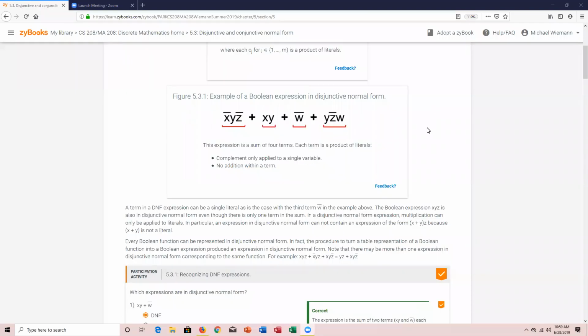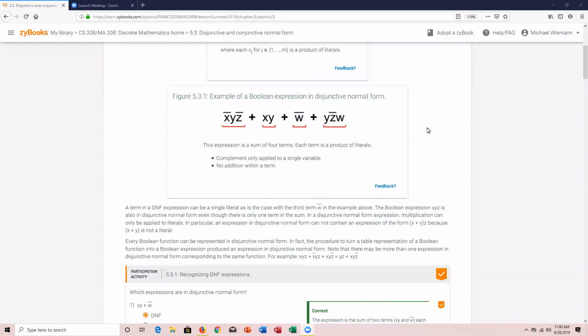Okay, let's go over section 5.3. I get a lot of questions regarding disjunctive normal form and conjunctive normal form. So I'm going to go through some examples identifying whether an expression is DNF, which is disjunctive normal form, or CNF. So the first one being that it is disjunctive normal form,